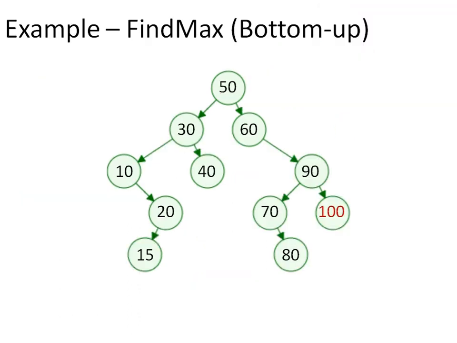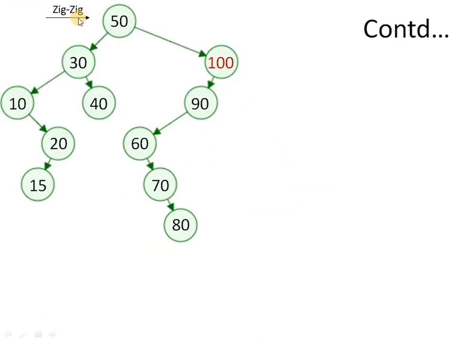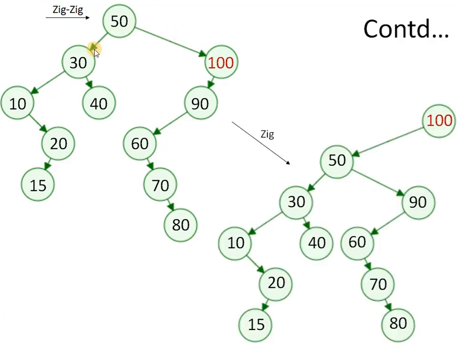In a similar way, if we talk about find max operation, then we have to traverse the right pointer till it becomes null. So in this case, we found 100 and then we have to splay at 100. So first rotation, it will be a zig rotation, as 60, 90 and 100, they are related via right child relationship only. So first we have performed zig and then we have to perform a single zig in order to make 100 the root of this tree. So with this we have completed the find max.